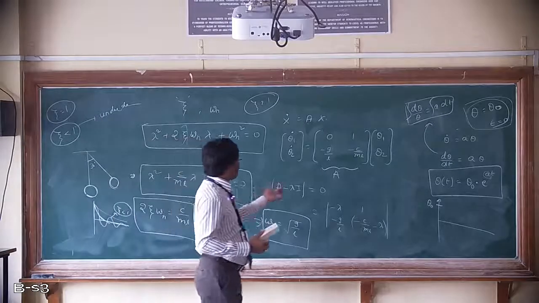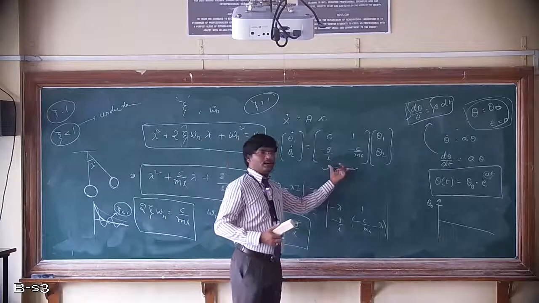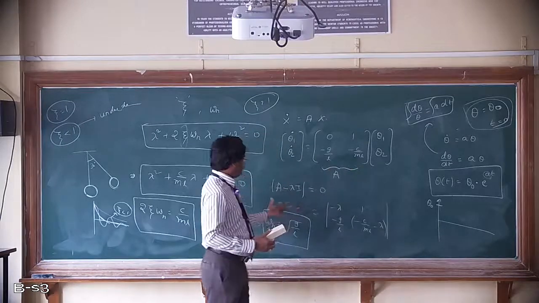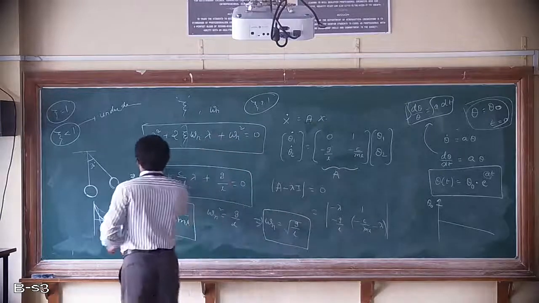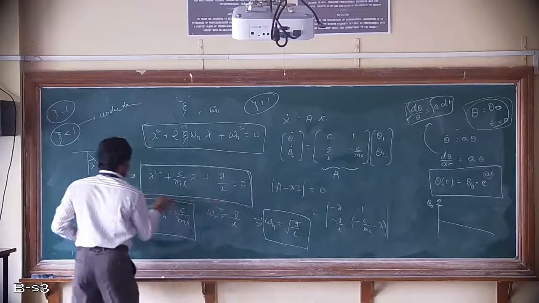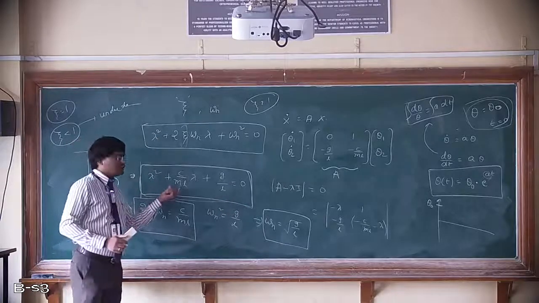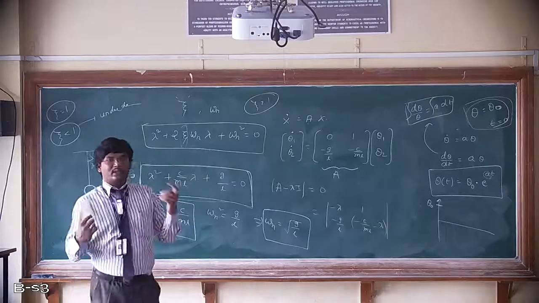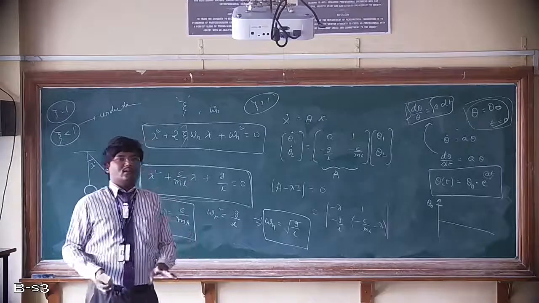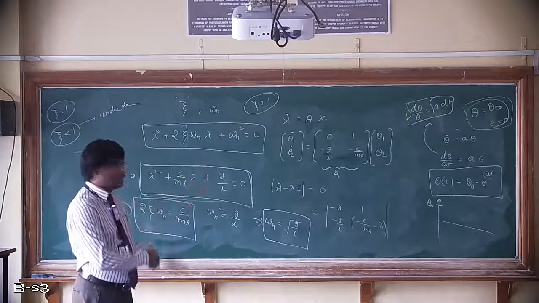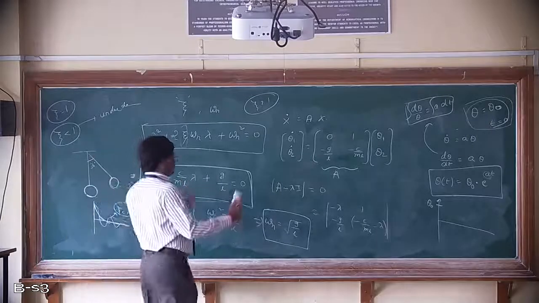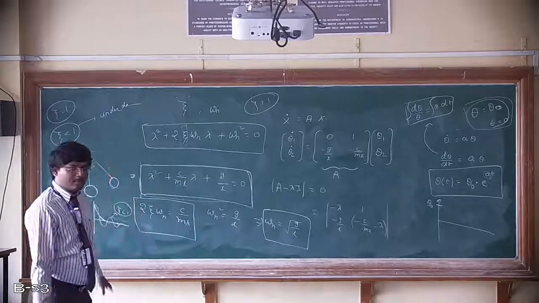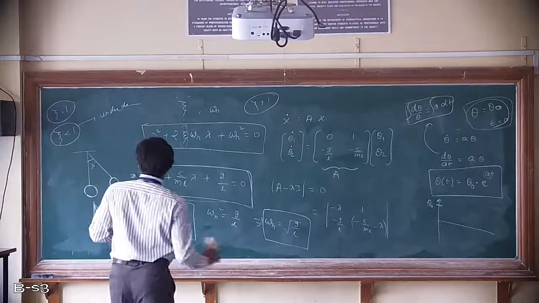Finally, from this system matrix, if you find characteristic equation, you will get like this characteristic equation. If the roots of this characteristic equation are negative numbers, I mean negative real, then system is stable, I mean left half plane. If the characteristic roots are on right half plane, then that is unstable system. Are you getting, everyone? Okay?